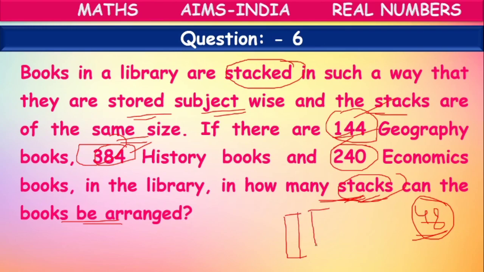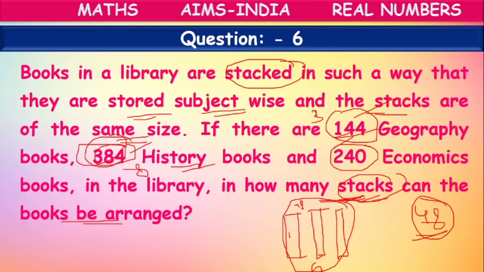So geography means 48 plus 48, 96 plus 48, 144. So geography can be kept in 3 stacks, each of them having 48 books. In the same way, history 384 divided by 48, what will we get? 8 stacks. Here geography 3 stacks, history 8 stacks, economics 240 books, 240 divided by 48, we will get